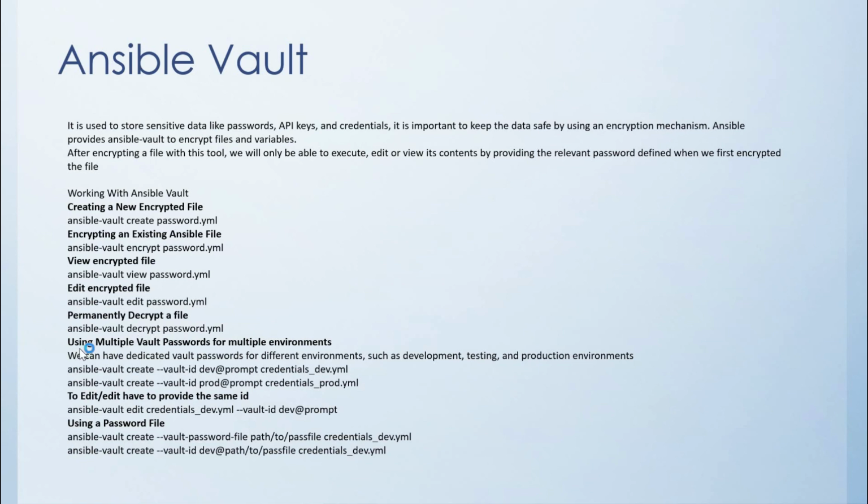Now there is a next concept: multiple vault passwords for multiple environments. Suppose I have three environments. I have a testing environment, I have a production environment, I have a dev. How will we do that? We create a vault secret with a vault ID for the dev environment at the prompt, and then we'll give a vault ID prod at the prompt, and then this will be